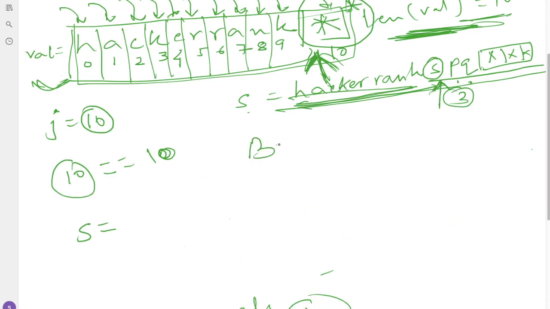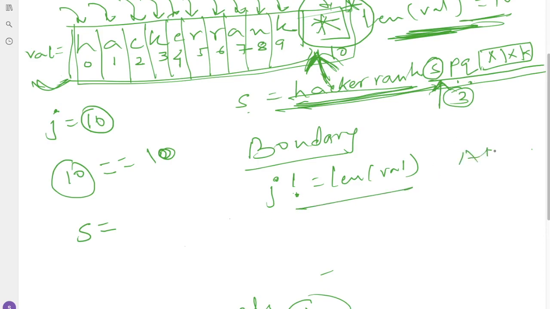So the boundary check condition is, we have to iterate j until it's not equal to the length of val. This is the boundary condition check to avoid index out of range, and at the same time if it is not equal, then we are simply checking whether s of i equals value of j.